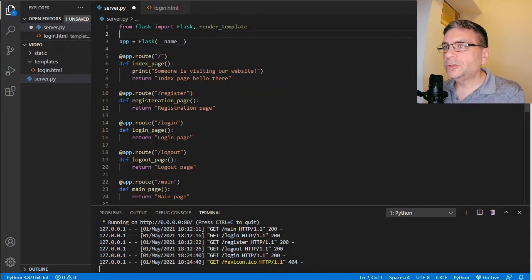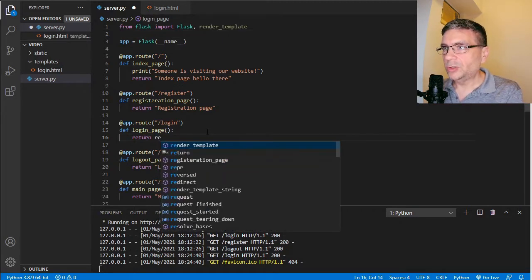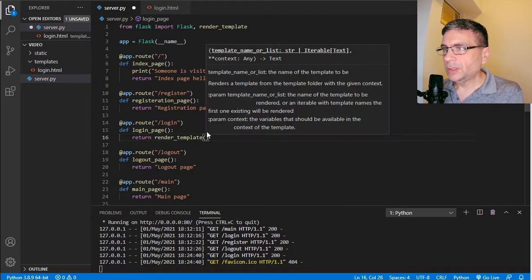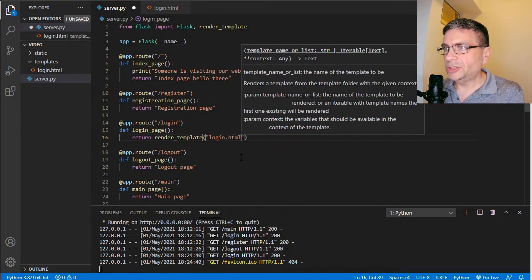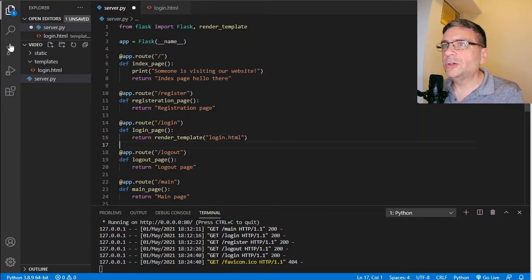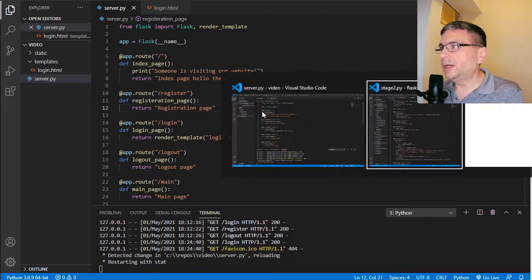So let's come down to login, and instead of returning login page, I'm going to change this to return render template, and then I put in the name of the HTML file here, login.html. And notice how I haven't told it to look in the templates folder. That's where Flask is automatically going to go looking for that. And so if I save this and go back to my web browser,